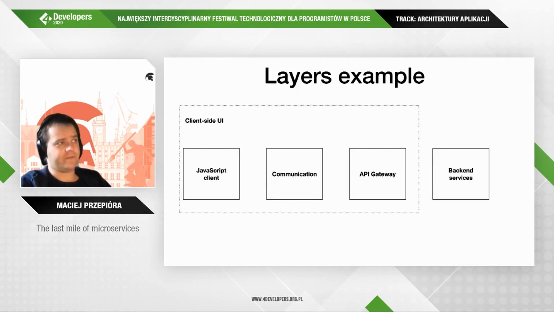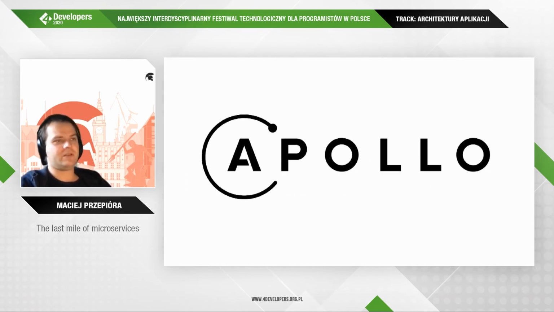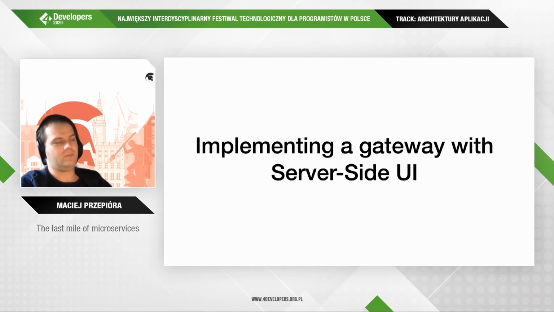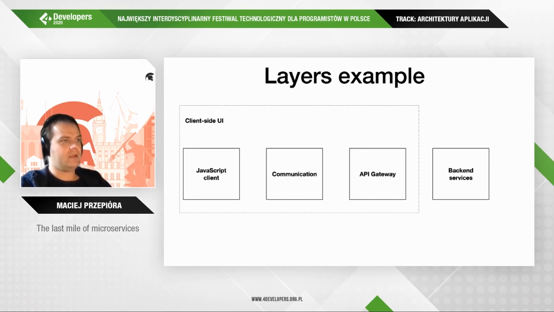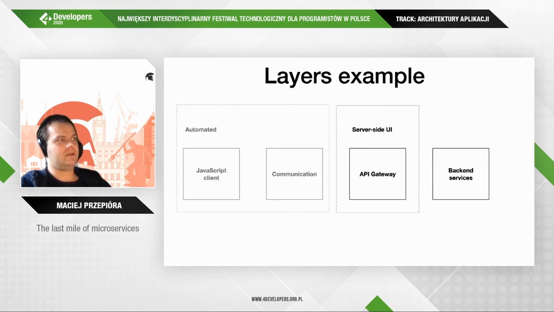This is a very common high-level web application architecture. But with my proposal of implementing a gateway with server-side UI, you can break this down into things like on this slide. So you use server-side UI that is embedded in your API gateway,